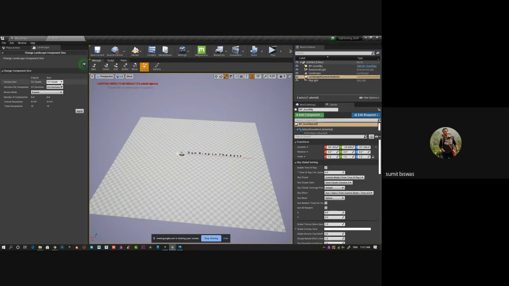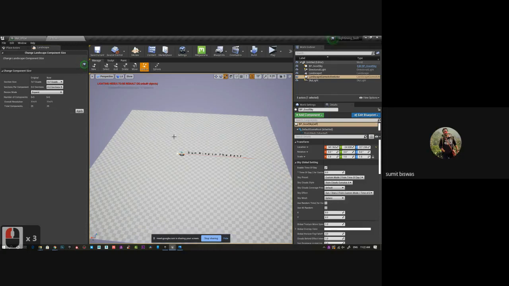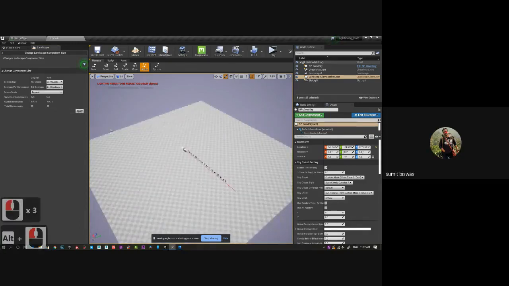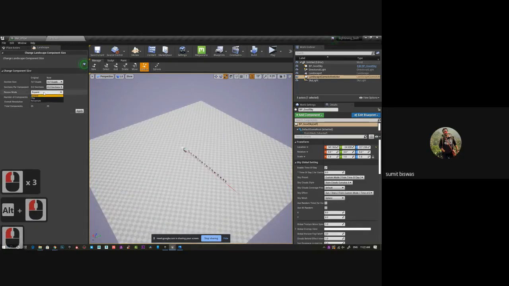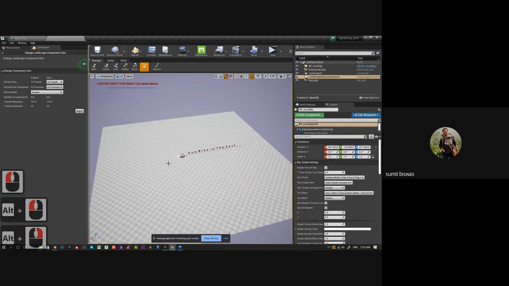Whatever settings you took initially while creating the landscape, you can now modify. If you change it and apply it, it will increase the size. You can see you have the option of expand, flip, resample. You can do those things. So that's ready, done.